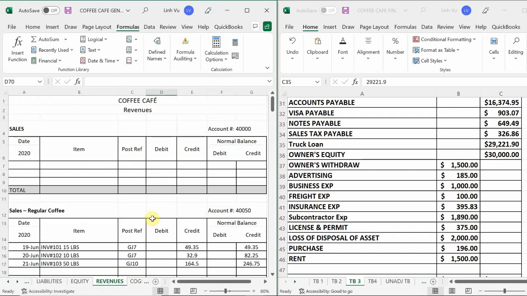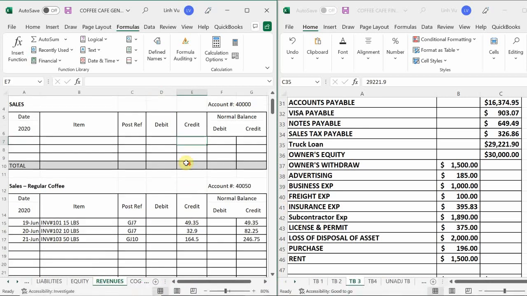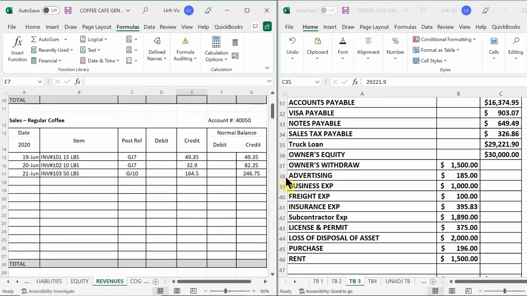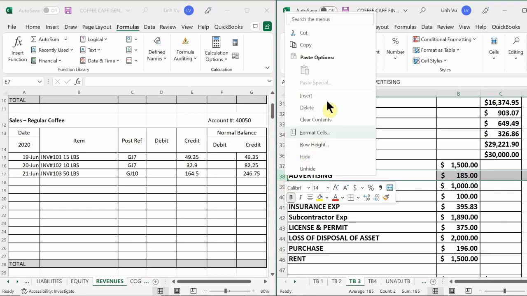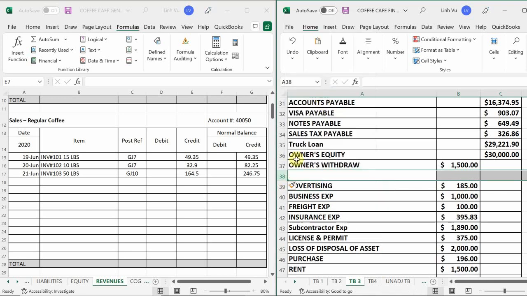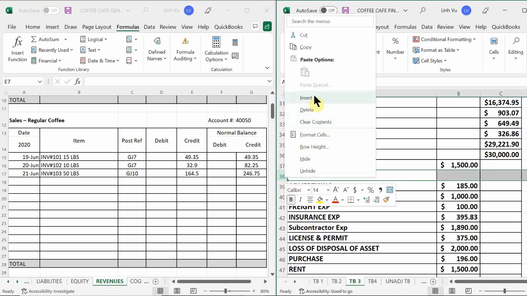Revenues. Yes, we just started opening up our business, so that means we need to record every single revenue that we have encountered. So you're going to list out every single sales item that you have on here, starting with your very first one, which is your sales for regular coffee. If you want to enter them in one at a time, you can do that, but I'm going to start counting how many lines I need to insert, right? So we need one for sales for regular coffee. We need one for sales for